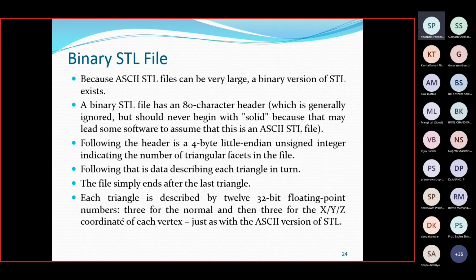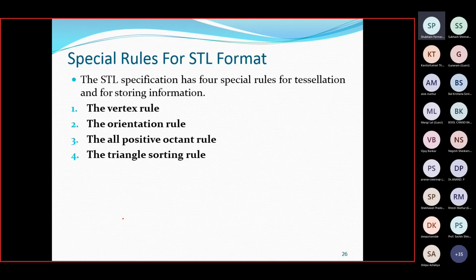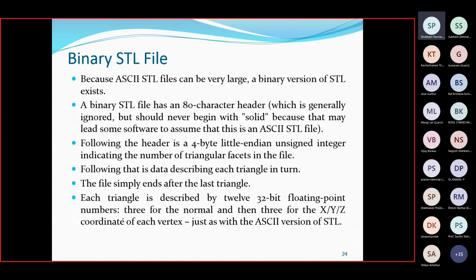Unsigned, why? Remember what I told you, each triangular facet should be a positive number. So that's why we should not use negative numbers. If you start using negative numbers, 1 bit or 1 byte will be used for the sign, where I have written that. So the all-positive rule is there. We'll see that part also, how it is avoiding negatives, and why we need everything to be positive.